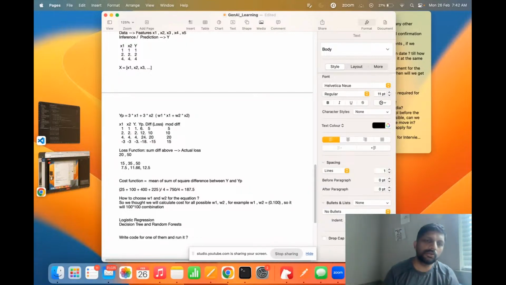It'll be 100 into 100, 100 into 99, and so on, combinations. So this is all good. But what happens is 100 into 99,